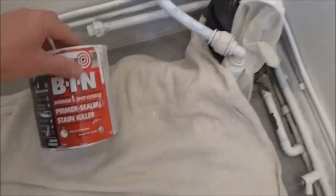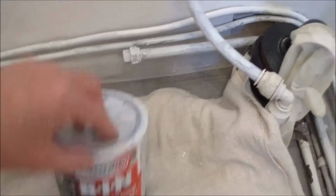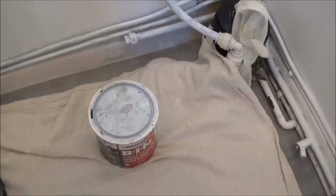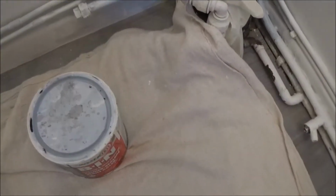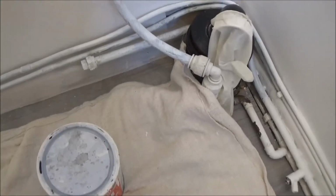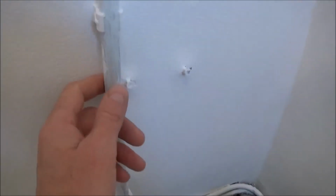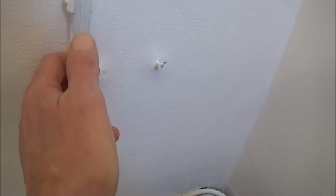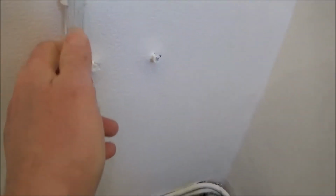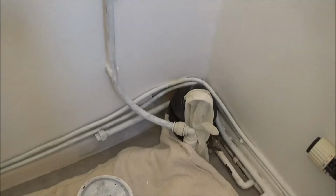I've used a different primer this time. I've used the bin primer. It's shellac based, and it says it can go on any surface without preparation really, although I've wiped it down. I've not sanded it this time on this copper pipe, I've just wiped it down, and I'll just show you how tough this stuff is. I mean, look at that. Now that's been left overnight, and I'm going to give it another coat,